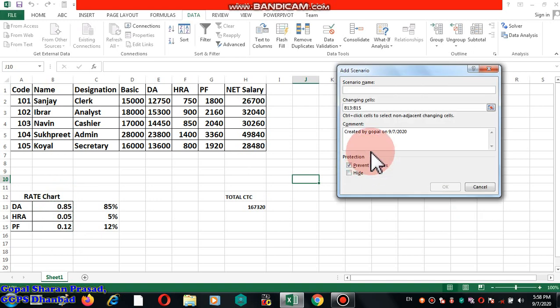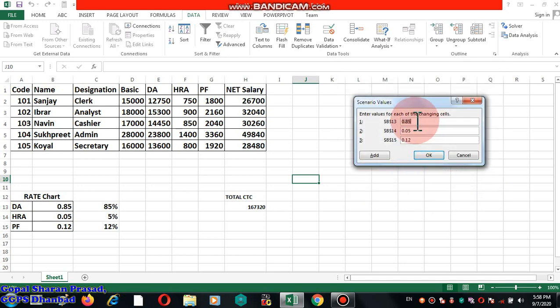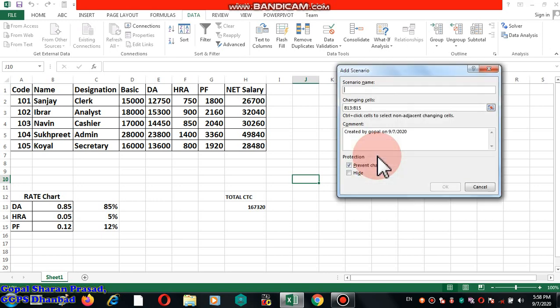Add it. Add another one. The higher salary, higher range. What would happen if I give employee 95% of the basic or 98% of the basic? If they are given 15% of the basic, if their deduction is 10%, add it.